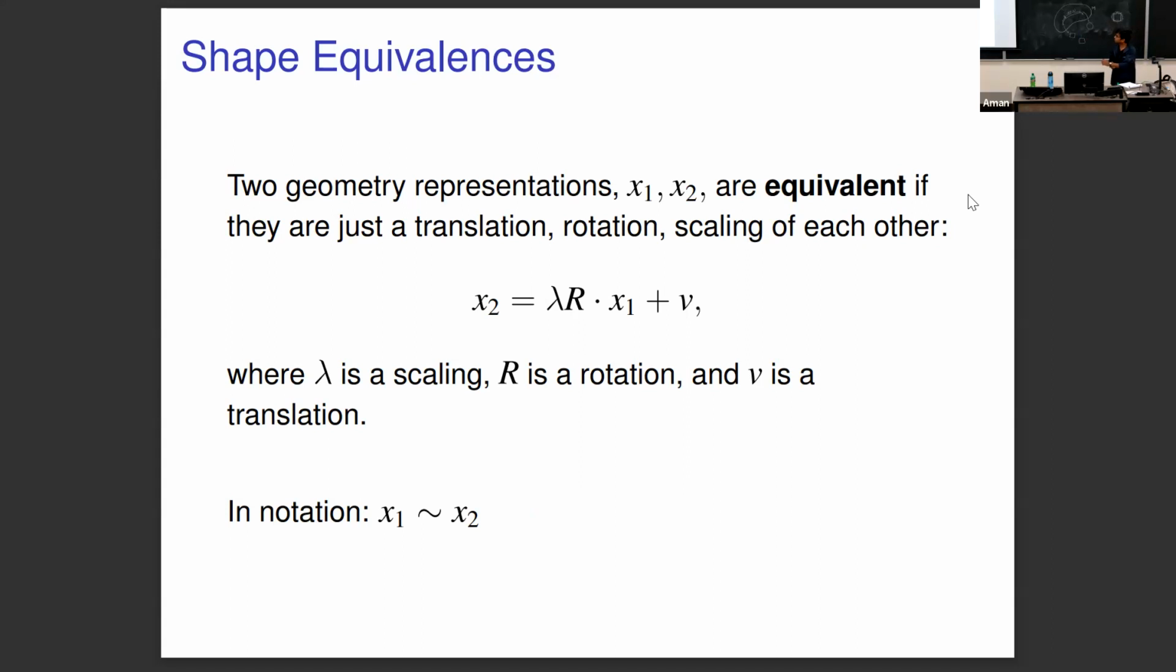Okay, so next let's talk about shape equivalences, right? And we already sort of saw this a little bit before, but what we want is a mathematical definition of what it means for two shapes to be equivalent, right? We already briefly mentioned that they should be invariant to scale, invariant to rotation, and also invariant to translation. But what does that mean in math? So it essentially just means that if you have two shapes x1 and x2, what they should